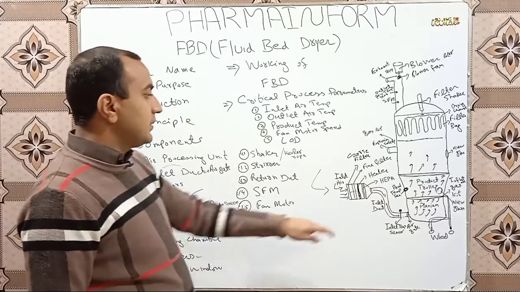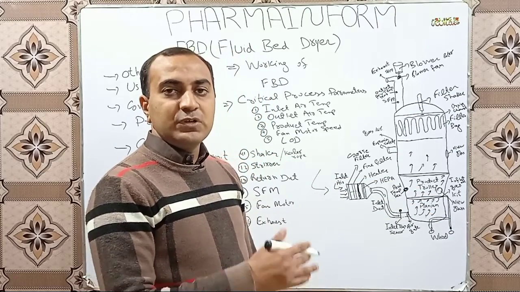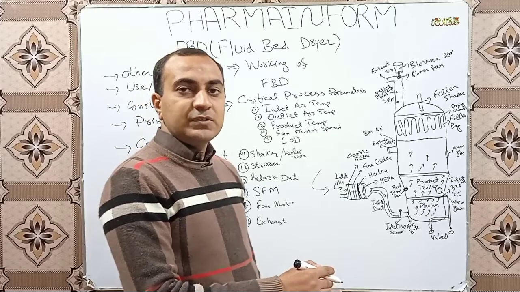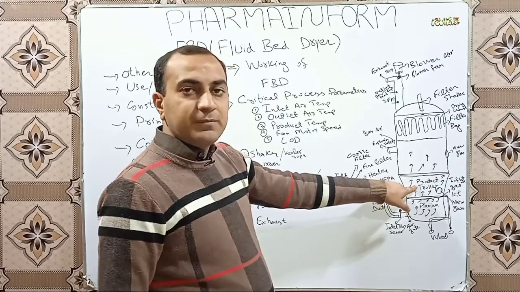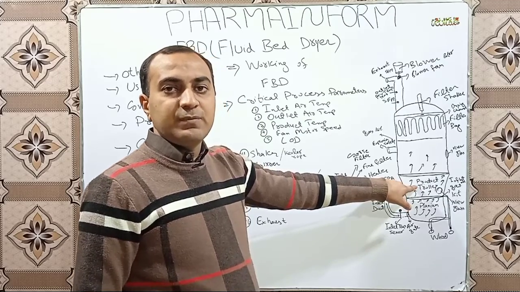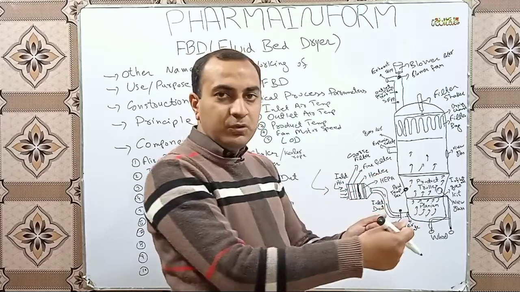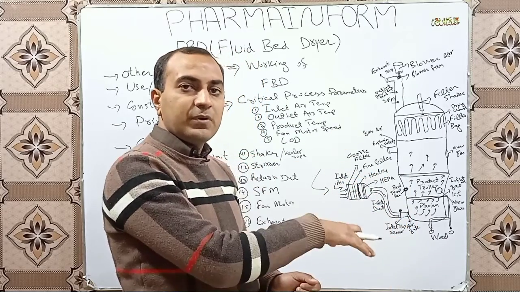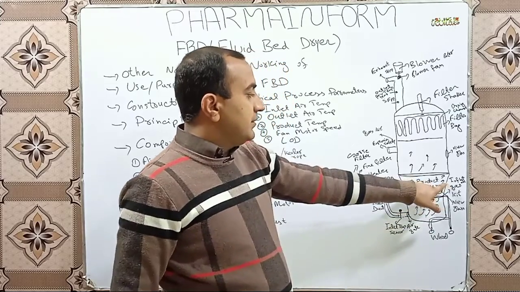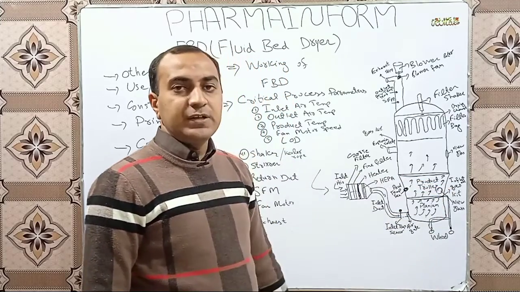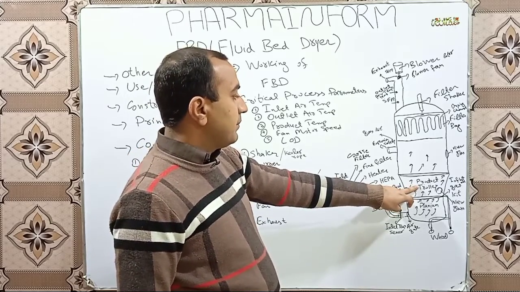product trolley portion. Basically, the product trolley is the component of the dryer in which we add the product which is required to be dried. It is also known as the detachable bowl. This is the product trolley, having wheels. We can easily pull it out, add our product inside, and then attach it in this portion, and it is sealed using inflatable gaskets. So this one is the product trolley.